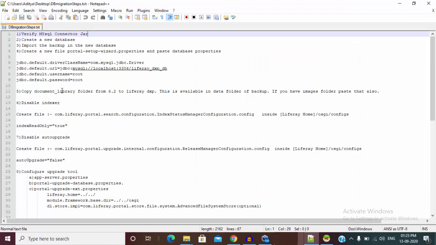So now step number 4, create a new file, portal-setup-wizard.properties, and paste the database properties.